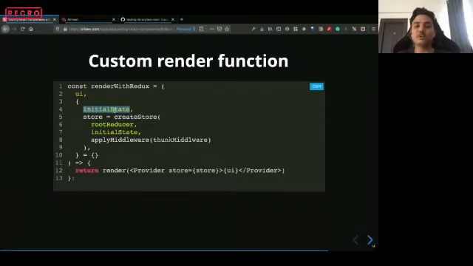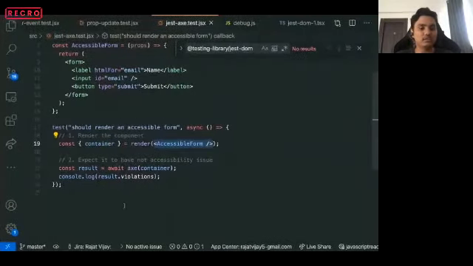It uses the initial state that you have provided and adds a Thunk middleware. So if you're using any other middleware, while implementing your own renderWithRedux function, you can provide multiple middlewares that you need here. Like if you're using a Saga middleware or an observable middleware, you can write it here. And you can simply use it like this.